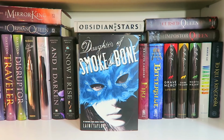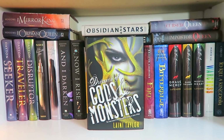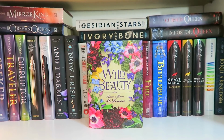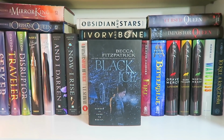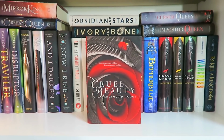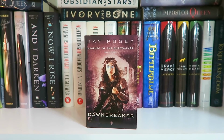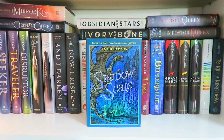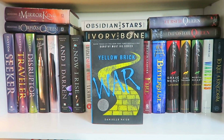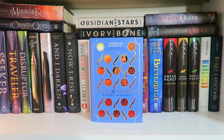Daughter of Smoke and Bone, Days of Blood and Starlight, and Dreams of Gods and Monsters by Laini Taylor, Wild Beauty by Anna-Marie McLemore, Black Ice by Becca Fitzpatrick, The Bells by Danielle Clayton, Cruel Beauty by Rosamund Hodge, Three, Morningside Fall, and Dawnbreaker by Jay Posey, Seraphina, and Shadow Scale by Rachel Hartman, Dorothy Must Die, The Wicked Will Rise, and Yellow Brick War by Danielle Paige, The Wrath and the Dawn, and The Rose and the Dagger